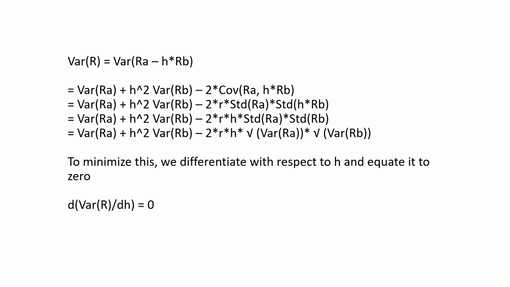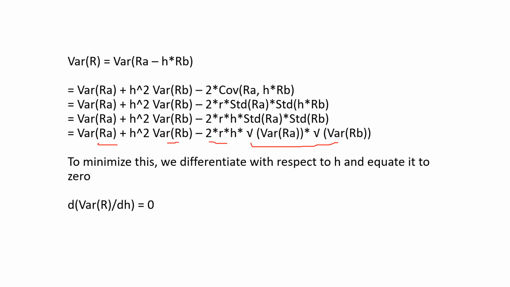So this becomes R times the standard deviation of RA times the standard deviation of H times RB. And further we can simplify it by writing the standard deviations in terms of the square root of the variance. So we now have an expression of the portfolio variance in terms of the variance of the returns,